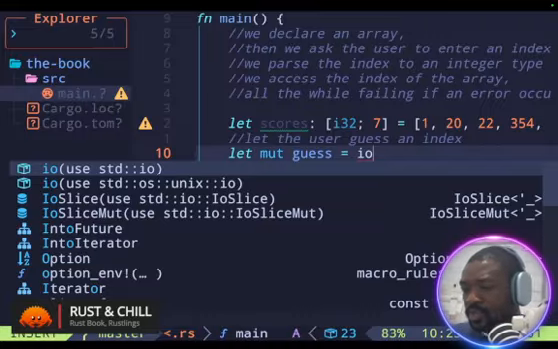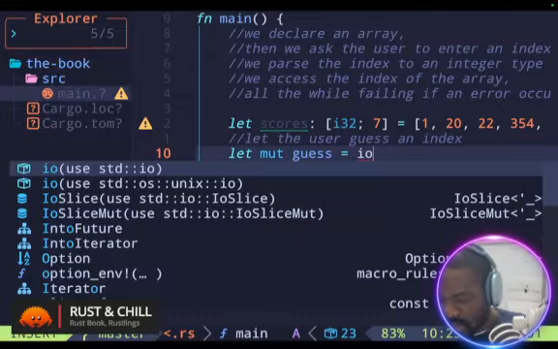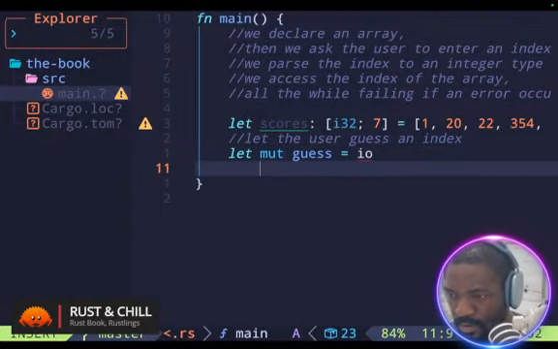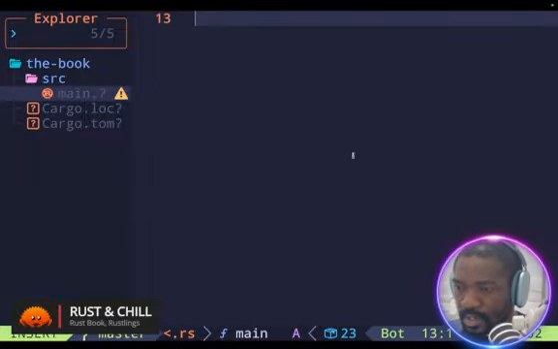stdio. I need to bring this into scope, but why does it not work here actually? Wait, let me